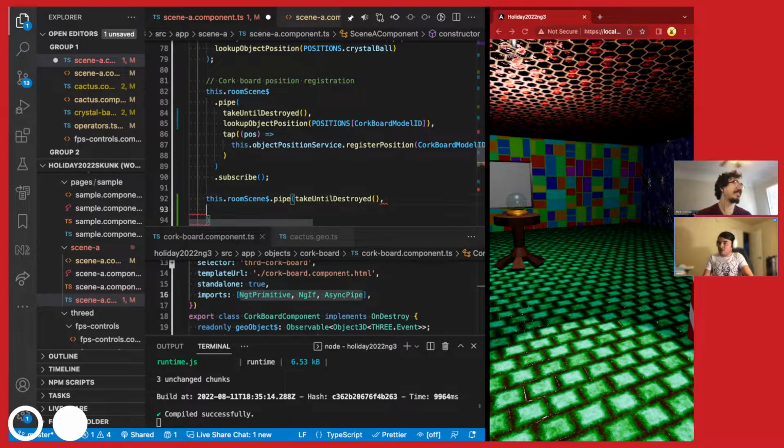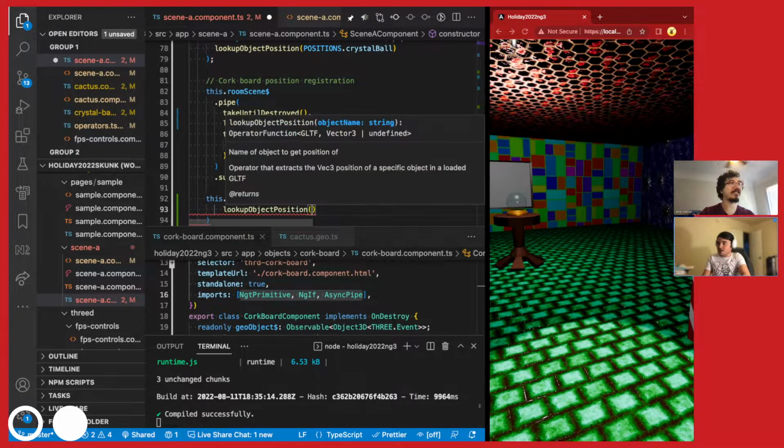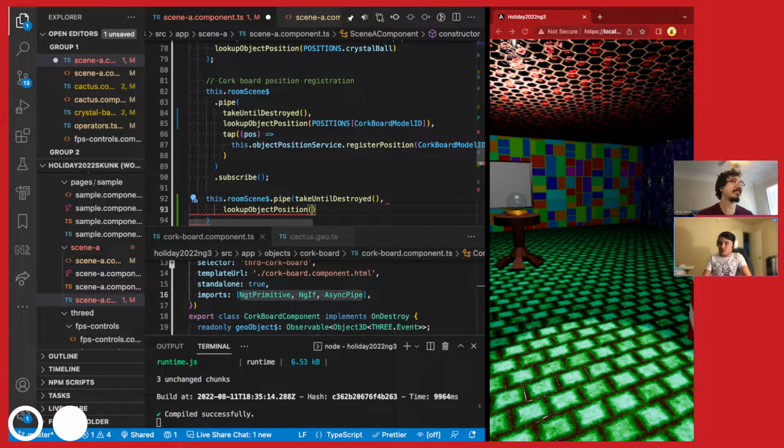All right, so we got takeUntilDestroyed there. So that'll clean it up because you're going to have to subscribe to this. And now we're going to use an operator I wrote called lookupObjectPosition that goes through the geometry, because our room scene is being loaded the same way the other